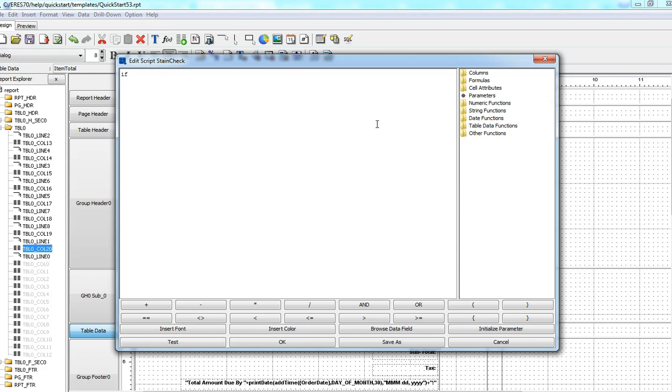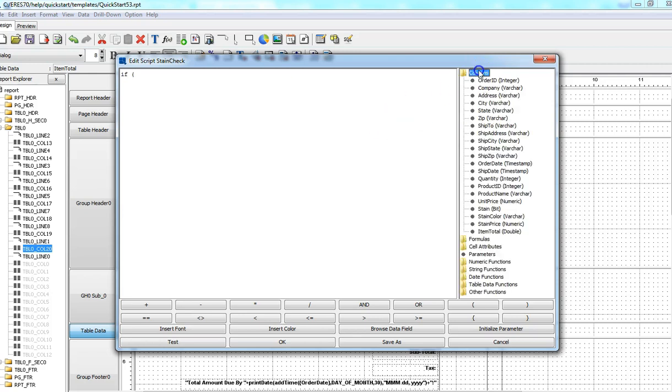If, parentheses, and I can pick fields from here. If stain is equal to true, then I will